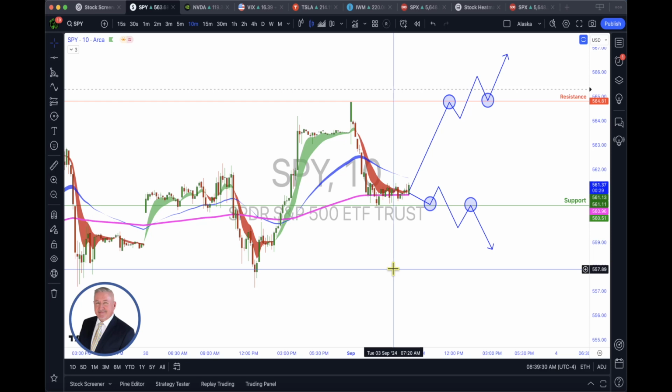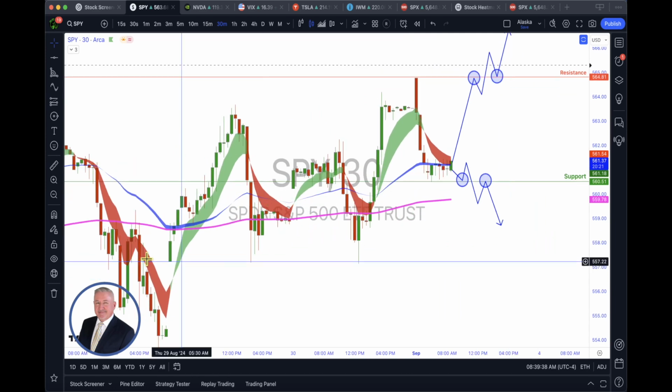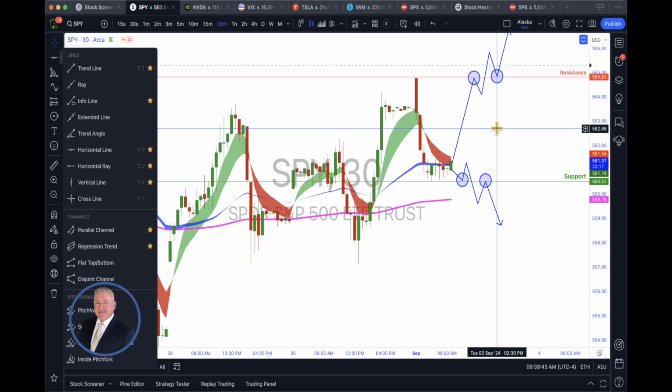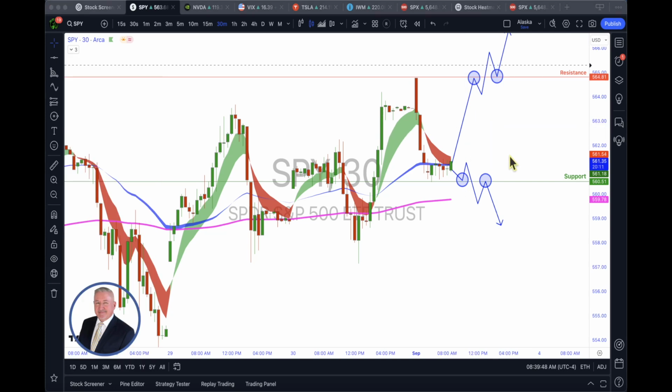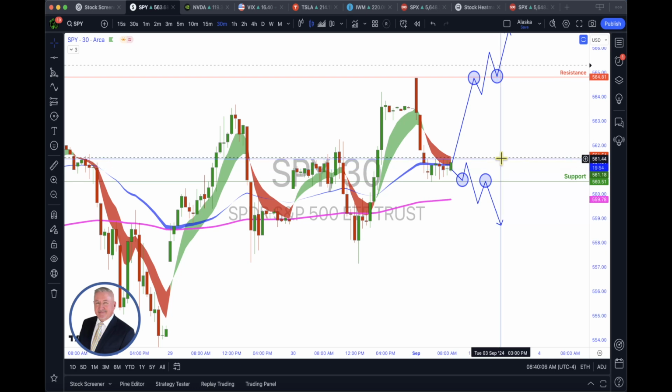Now we are back on TradingView on the 10-minute. Another thing I do pre-market, guys, is I come over and switch to the 30-minute time frame, and I mark my next cloud entries for the 30-minute. As you can see, the cloud is right in here, and when we get the price crossing above, I want to know. So I might go a little bit under the 30-minute cloud and just click on this plus sign, give me an alert. Then I double click the line,